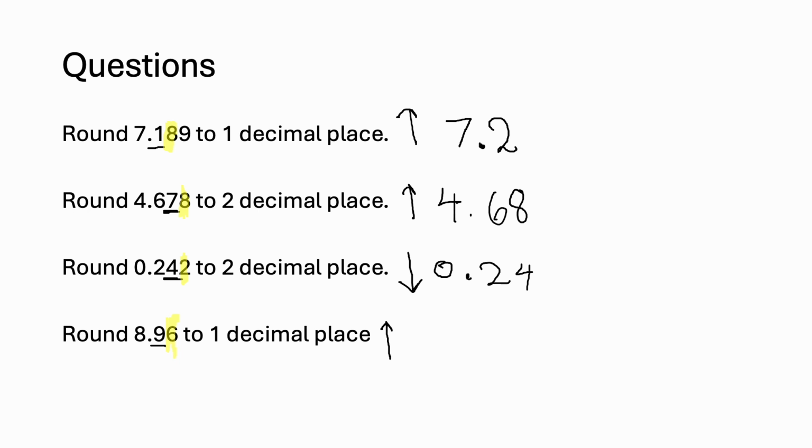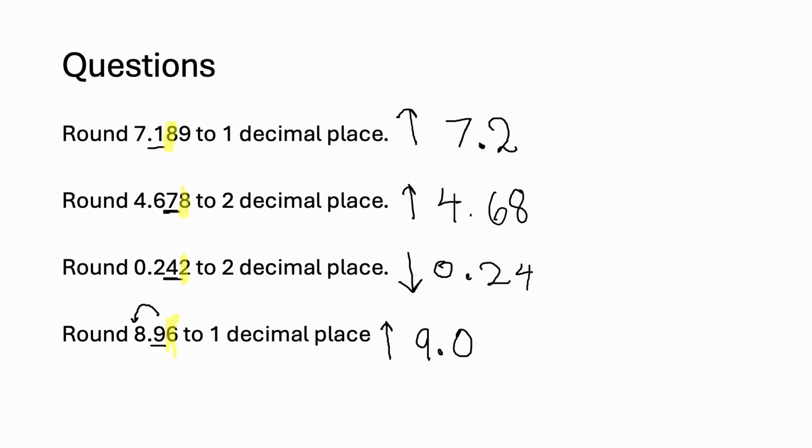So when we go up by 1 for this 9 here, this 9 will turn into a 0. And then that 1, we carry that 1 over here to the 8. So we get an answer of 9.0